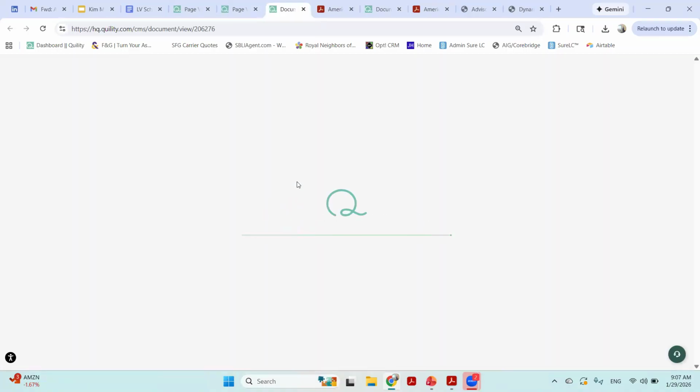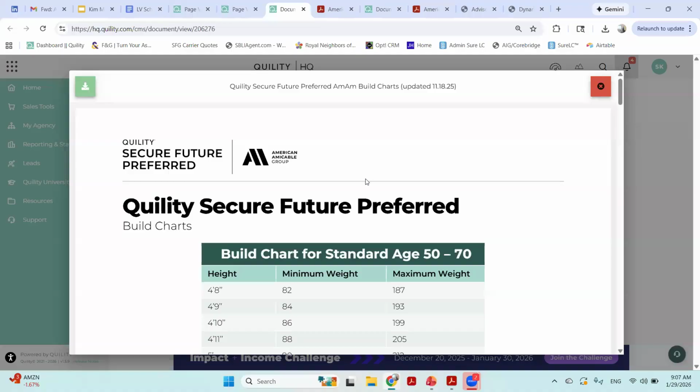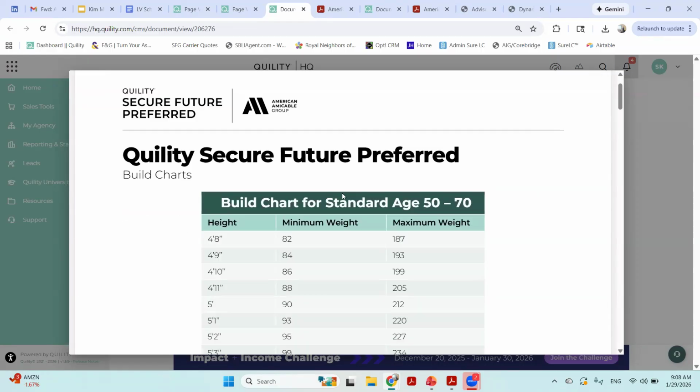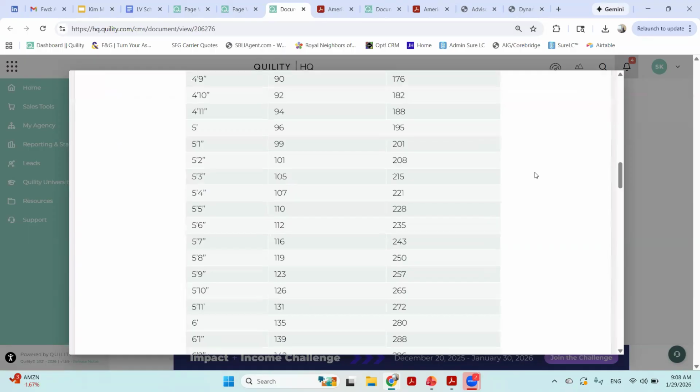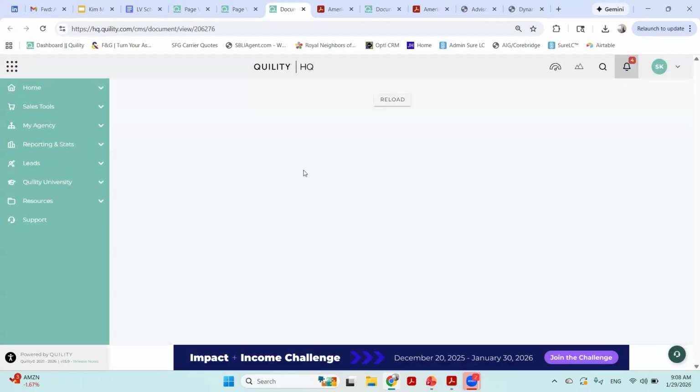And going back to this build chart, this is something you can also always look at before you apply for any clients. No matter how healthy the client is, if their height and weight is not good, let's just say their weight is really high and they're overweight, then they can be declined even if they never took a single medication in their life. So always remember that. Height and weight should be the absolute basic thing that you should first look at before you look at anything else. So you can take a look at the height and weight chart,